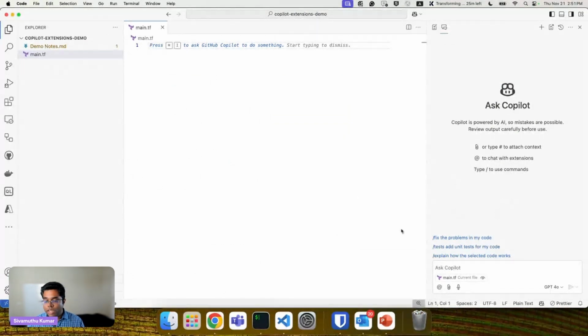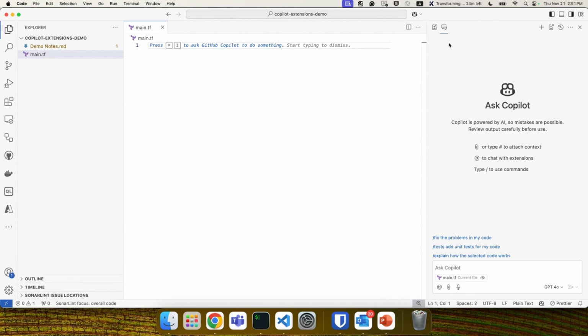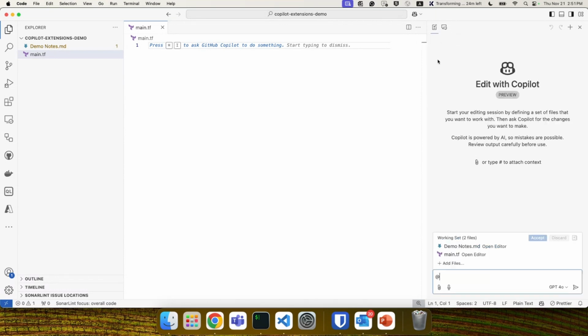Okay, so here is the VS Code IDE, one of my favorite IDEs. We are using it every day, right? You can install the GitHub Copilot extension that gives you the chat feature. One of the new features they have announced is multi-file edit also. Previously you could do chat, now you can do multiple edits, so that you can